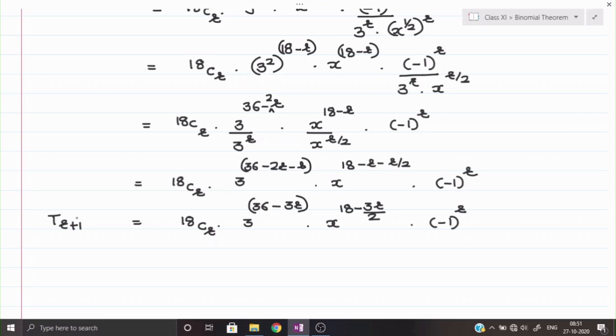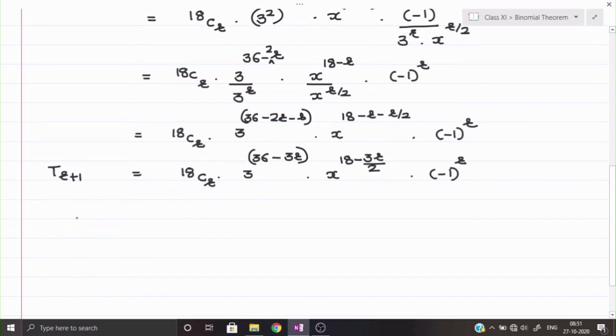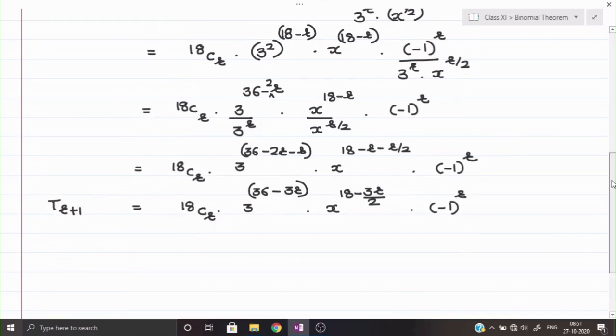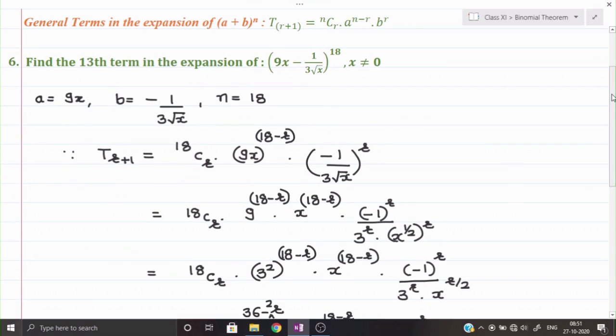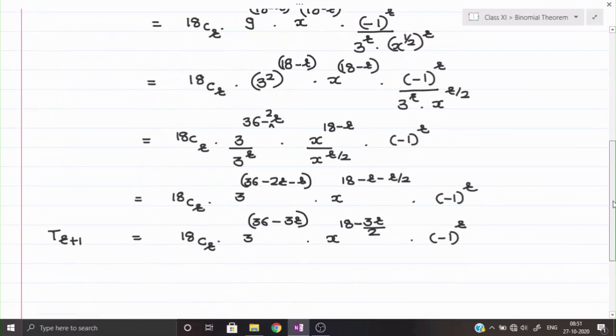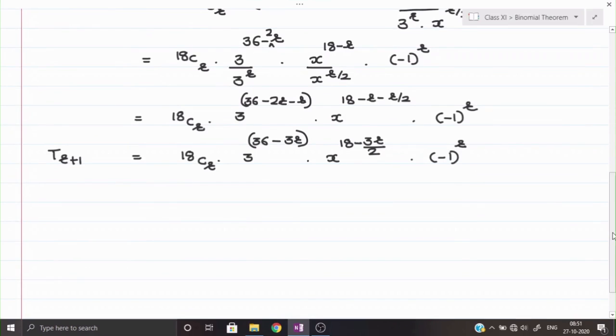So let us see now the value of R. Now which term do I require here? You see I require the 13th term in the question. Once we check, the value of R is equal to, 13th term required, so the value of R will be 12. So we are replacing now R by 12. So here we shall write down, replace R by